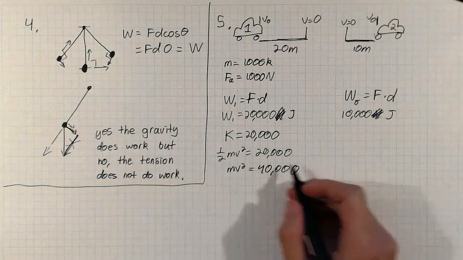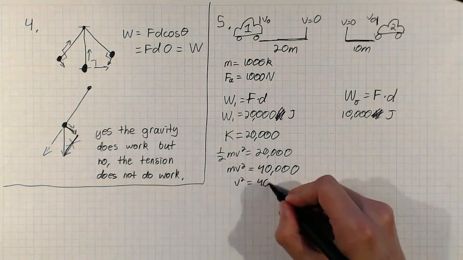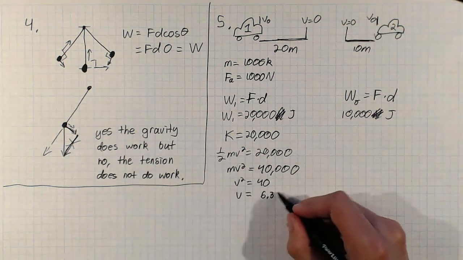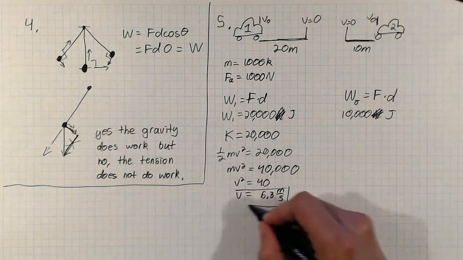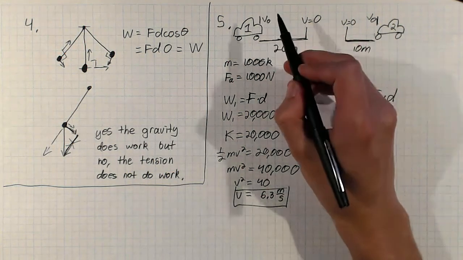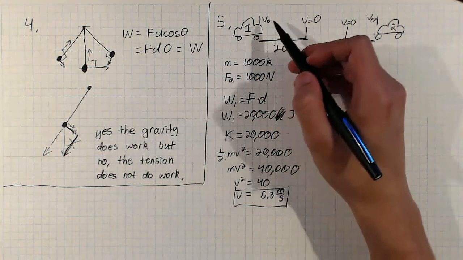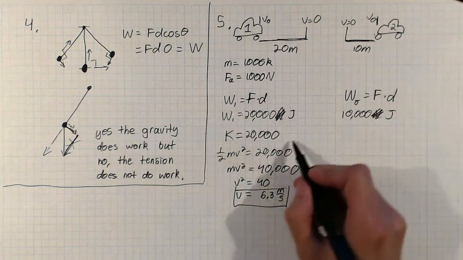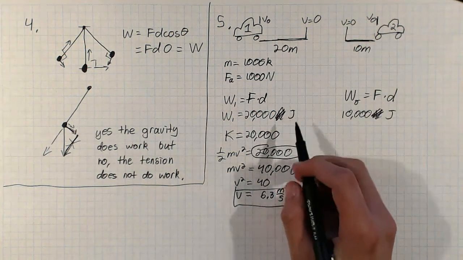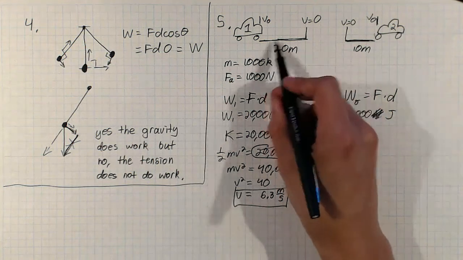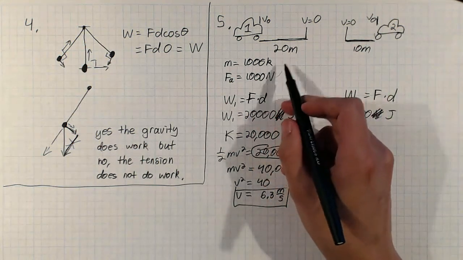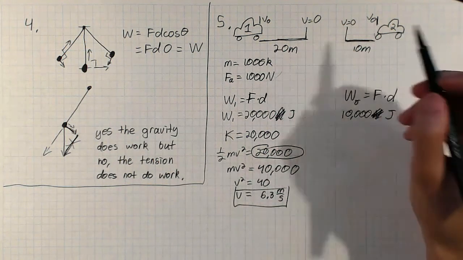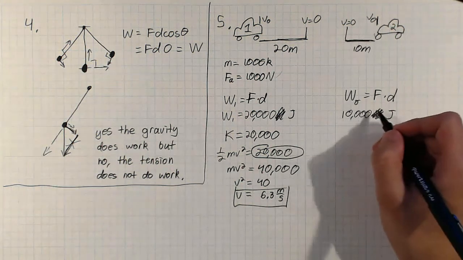Our m is 1,000, so our v squared equals 40, and v is equal to about 6.3 meters per second. So that means, at this point, this guy was going 6.3 meters per second, which means he had an initial kinetic energy of 20,000 joules. And now over 20 meters, applying a force of 1,000 newtons from his brakes, he came to a velocity of 0. Whereas this car started off with a kinetic energy of 10,000 joules,